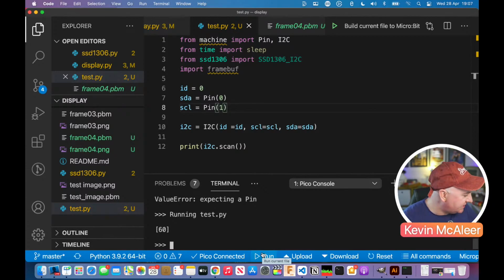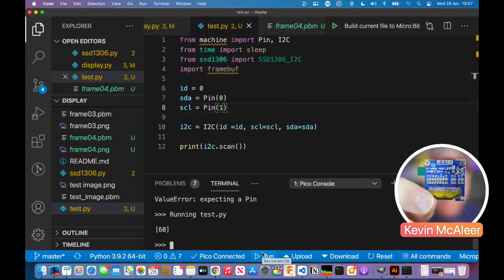Okay, so there we go. So it's detected a device, and the value of that is 60. So that's the default value for all of these displays. If we want to actually change the address of this on the back of the display, if I can get that to focus there, there are a number of...